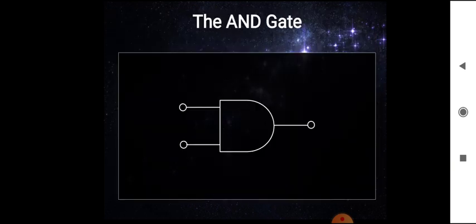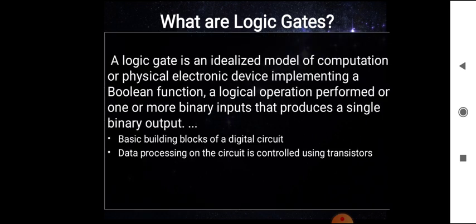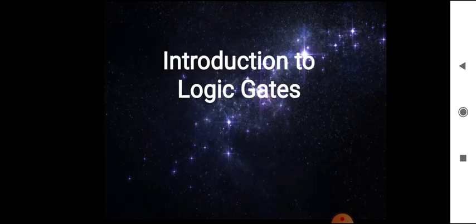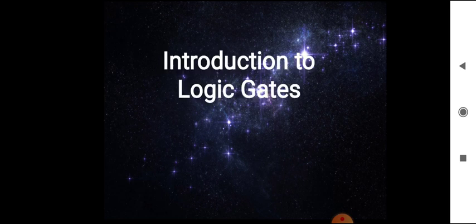So mainly we have to know what logic gates are. What is a logic gate? A logic gate is an electronic device which is used for logical operations. That's why we call these gates logical. Generally, a gate is an electronic device which has two or more inputs and only one output. That is called a gate. And these logic gates operate using Boolean algebra.